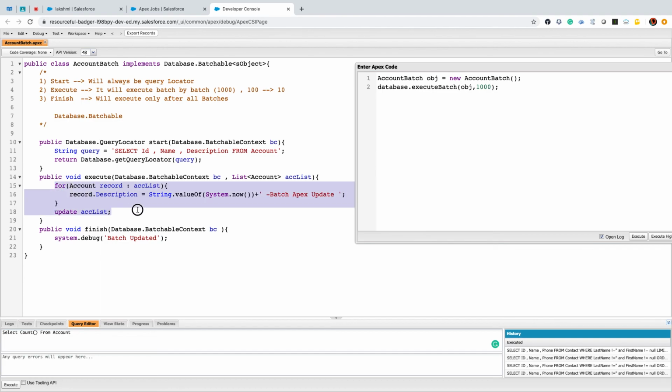Whatever DML operation you perform should go within the execute method. The execute method will run more than one time in an Apex job. The reason is that based on your batch size and the total number of records, the records get split, so the execute method will also run multiple times. There might be a chance of one or more than one. The finish method will execute only one time in the entire batch job, and that too on completion of all the batch processes. Clear?